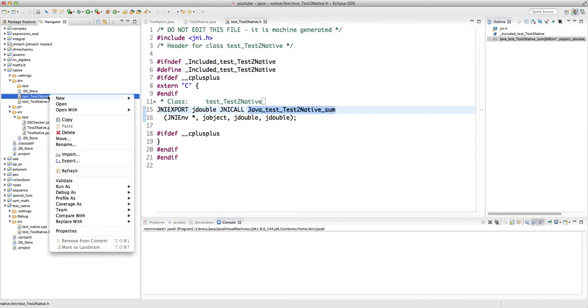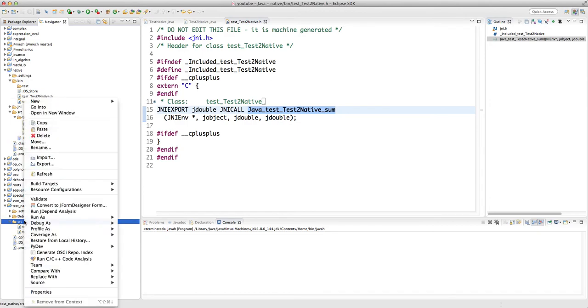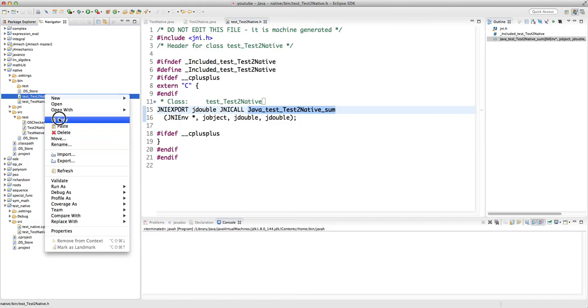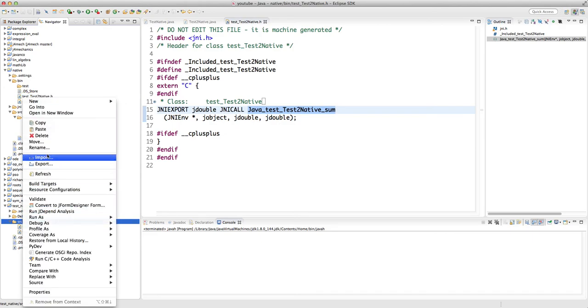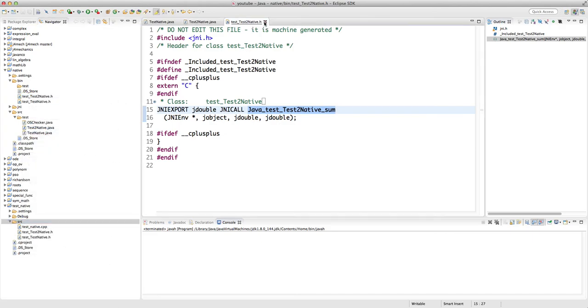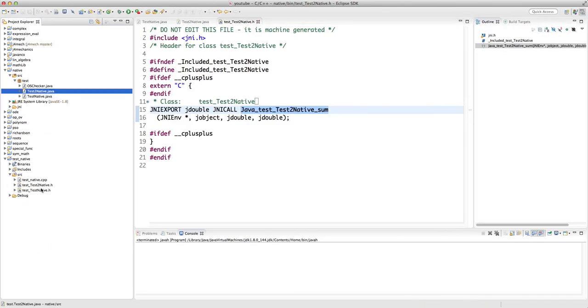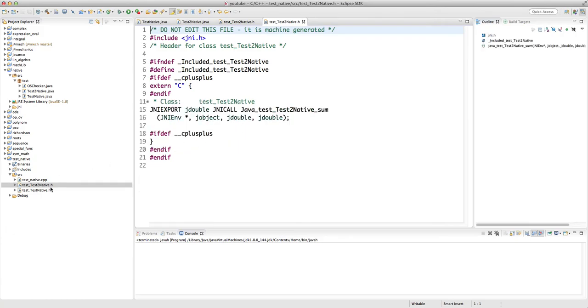And then we copy this into our source folder, paste it there, and then I'm going to the C perspective, and here in the test native 2 we have this. So we just copy this